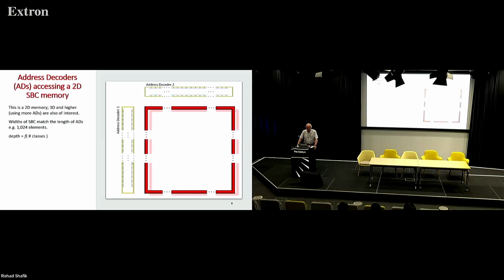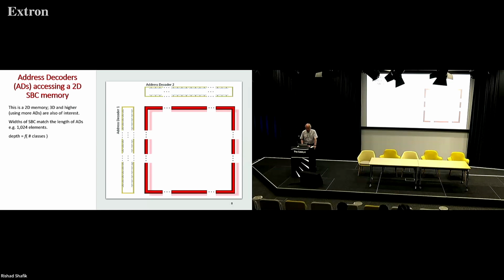Then, if we take those address decoder elements, we form address decoders, which are banks of address decoder elements. And the simplest way we think about this is in accessing a two-dimensional sparse binary coincidence memory. We have played with higher dimensional memories. So the 2D memory looks at two-way coincidences, the 3D memory, three-way, and so on. And it can be much more random than this, but the square or approximately square SBC memory is the simplest way to understand it.